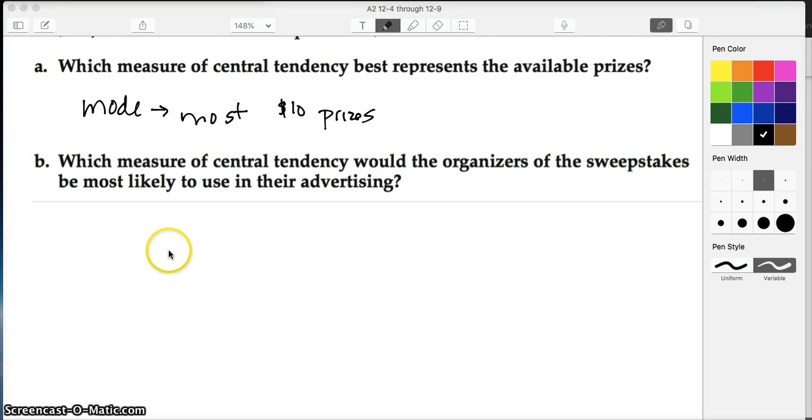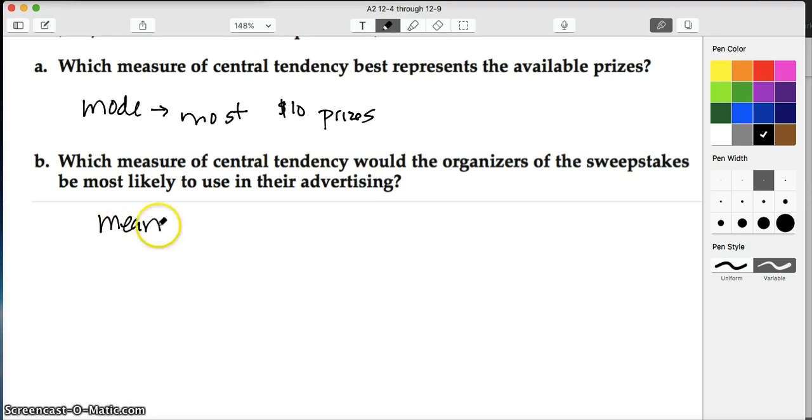The next part of this is: which measure of central tendency would the organizer of the sweepstakes be most likely to use in their advertising? I don't know. I kind of think that this depends on how you would spin it, but it could be anything. Your text suggests, and I could see the logic behind it, that the organizers might use